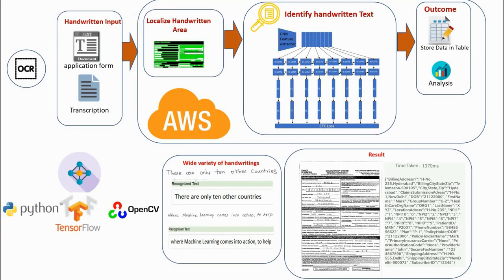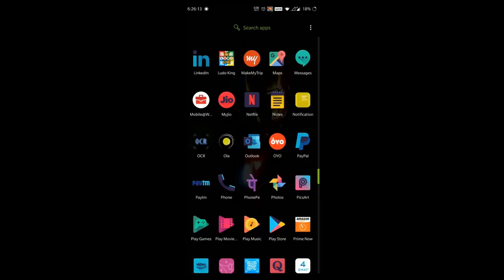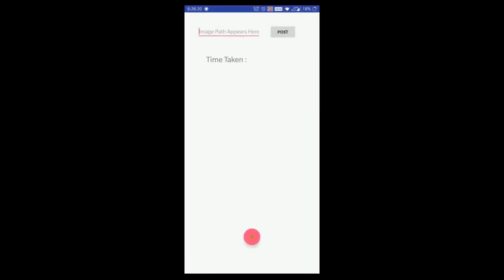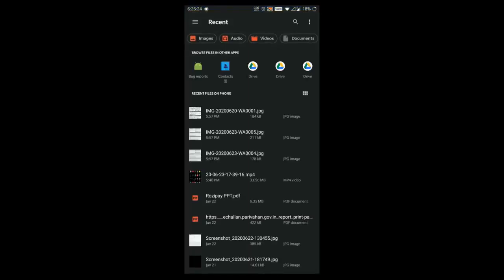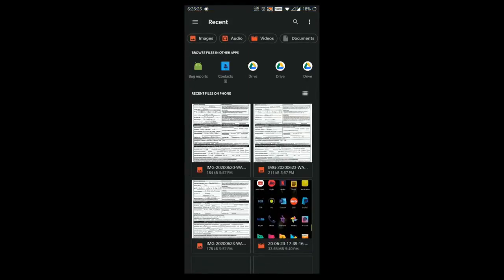We have tested it with multiple handwriting patterns. You will see the demo right now, and I think you'll be able to understand the process pretty clearly. We are launching our app right now, and you can see the Android app getting launched. The moment you launch it, the usage is very simple, and you can see that the path to be selected is available there. The moment you click it, you'll be taken to the files directory. I'm clicking the first file, which is handwritten, and you can see that it's displayed.